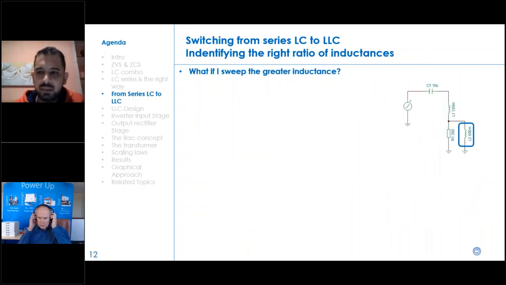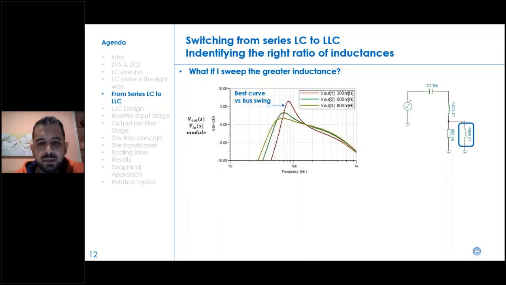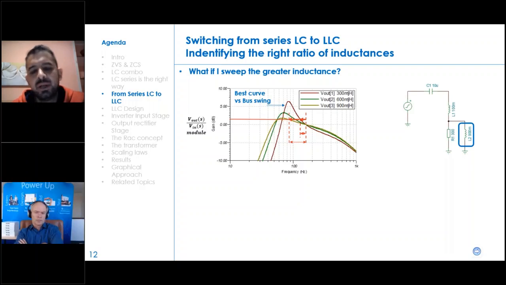So we have swept the resistor. What happens if we sweep the greater inductor? So let's now attack the same LLC tank by sweeping the greater inductor. Okay. So on the top graph there is the voltage gain, and we see here how decreasing the inductance, so passing from the yellow curve to the red curve, we get a much lower frequency span to assure the same gain. The reason why, from the point of view of the bus swing, the red curve is better, in the sense that it's able to give the same gain of the yellow one, but in a much lower